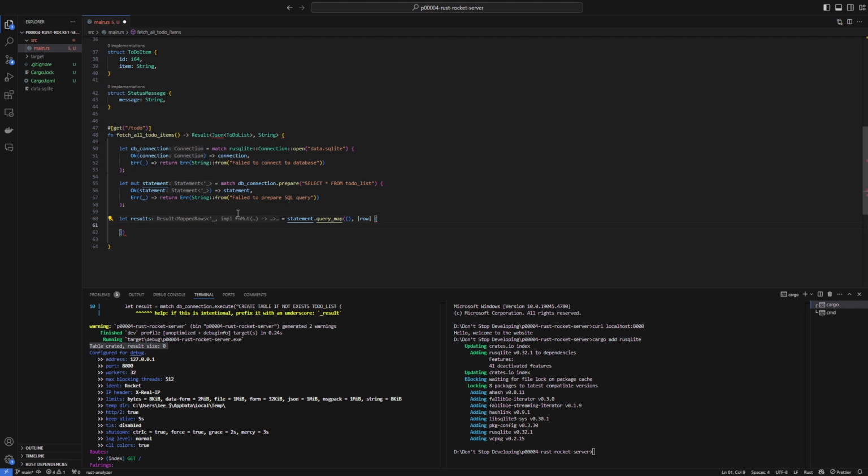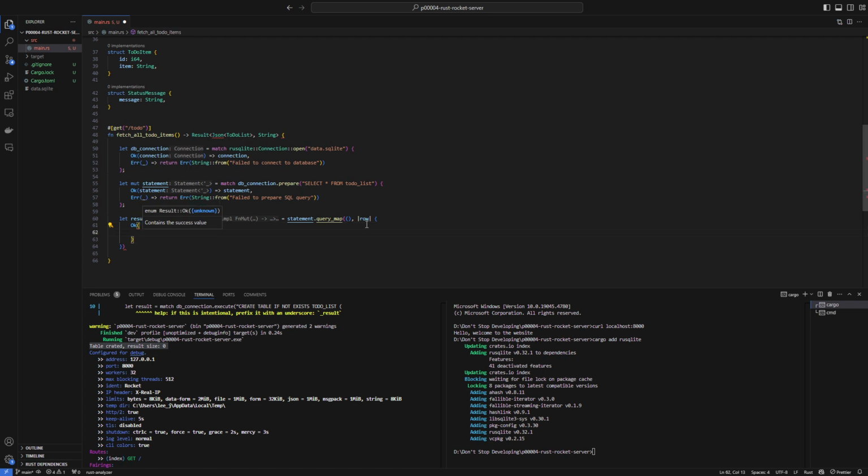This result is expected to be of type mapped rows, and there's some other stuff I haven't really looked into yet, but essentially query map is going to run the statement, get back a bunch of rows, and then map the closure that I'm making to each of the rows. So what I want to do on each row is wrap it in an OK,